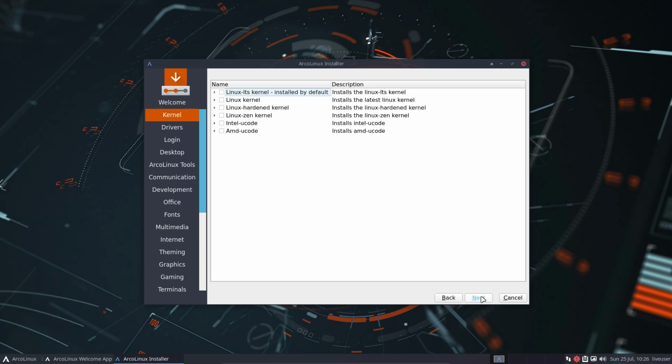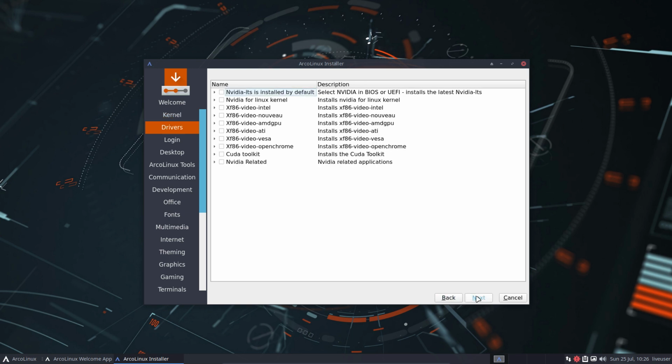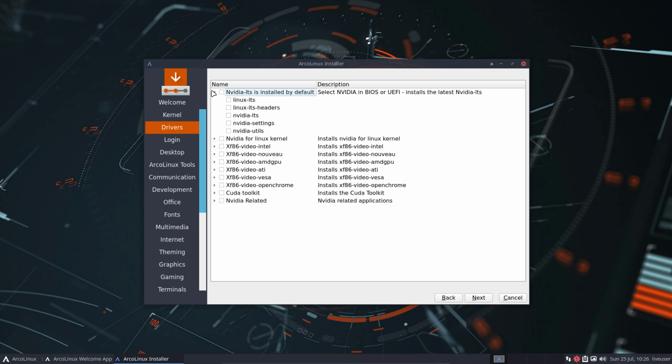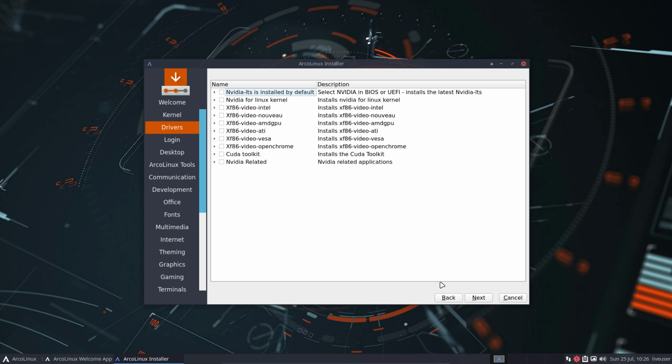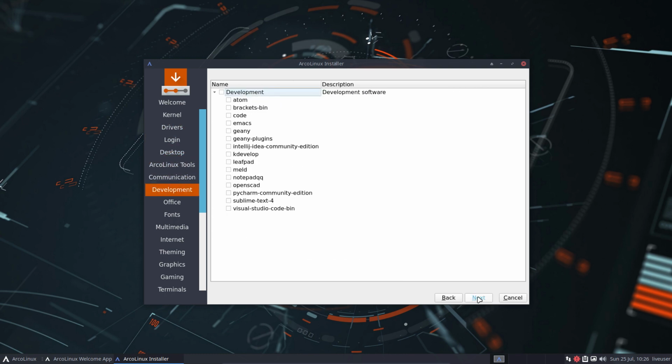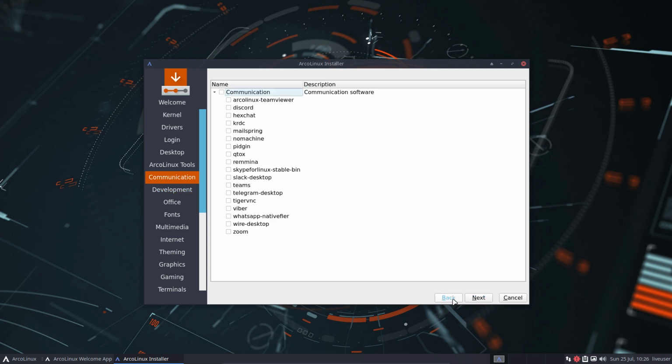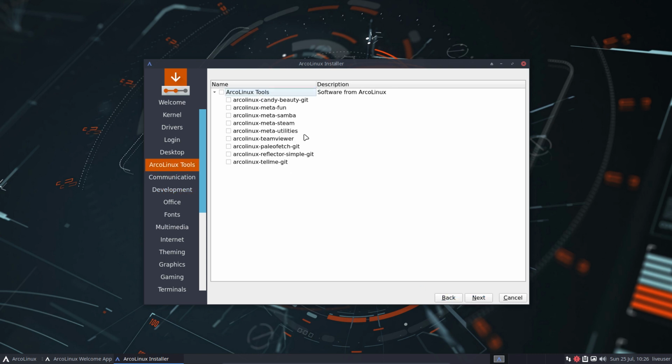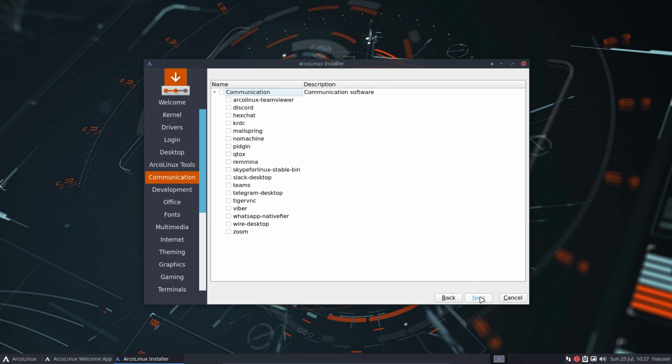So next, keep out of this because we made our choice. It needs to be Linux LTS. Again, here, NVIDIA, they need to be matched all together. But let's keep away from this thing. Next, and just walk through it. There are some things that have changed. We've put something together here, the ArcoLinux tools. We have a new icon theme and stuff like that. But basically, walk through it